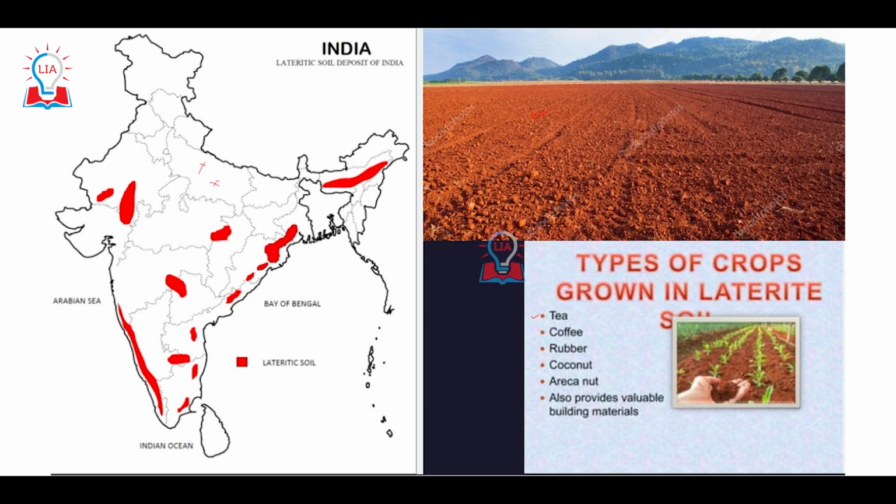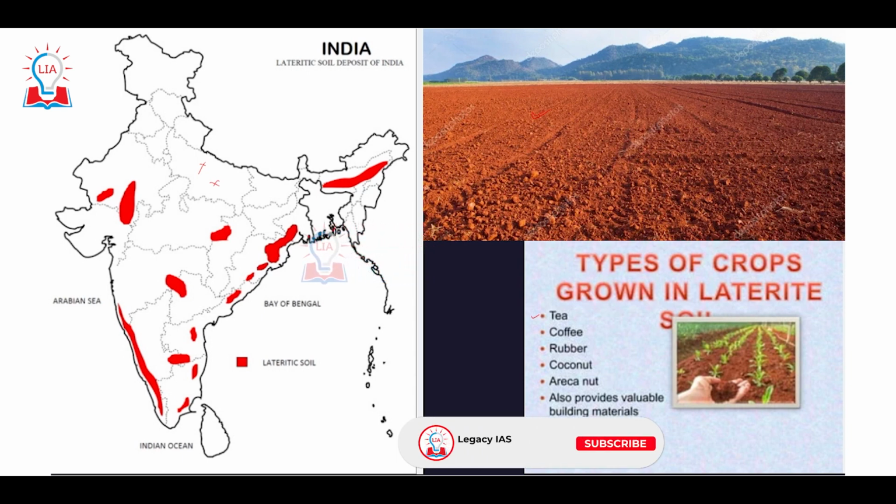But the most important use of laterite soil is because it has a very important characteristic: it becomes very soft when it is wet, when water is mixed with it, and it becomes very hard, almost like iron, when it is dried in the heat or air. It is due to these properties that it is also used as a valuable building material, especially for the manufacturing